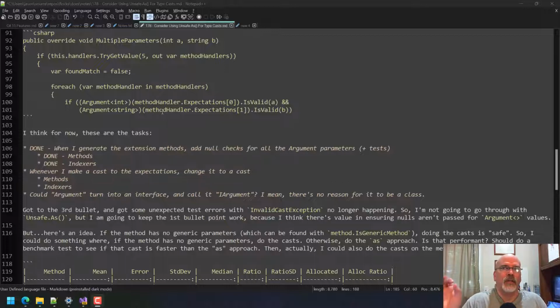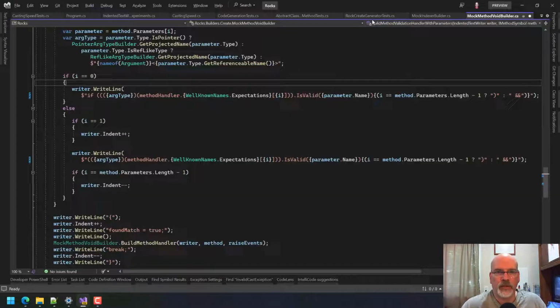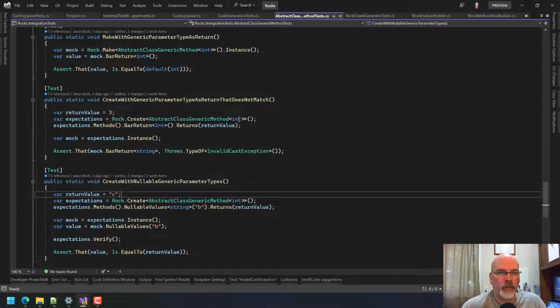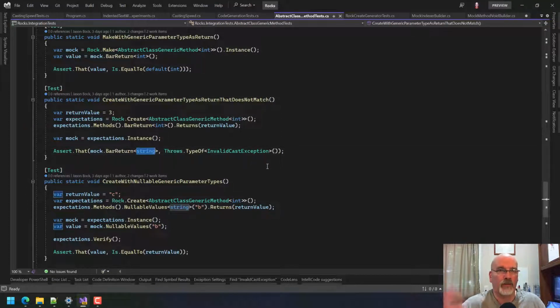So you might say, I expect, I have it up here. I think I do, what test it is. Net casting, code generation, here. Yeah. So you're saying I expect the return to be an int, but what you do is you say, I'm going to call it as a string. And again, these are generics on the method. That's not going to match. And so what happens is you get an invalid cast exception, which isn't ideal.